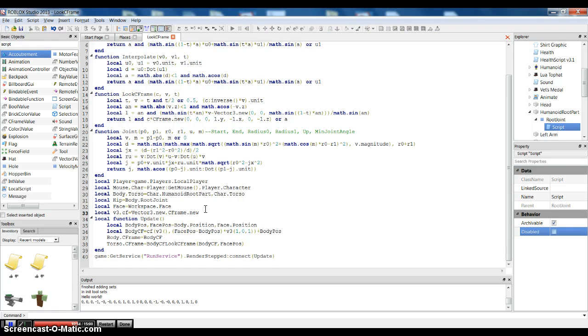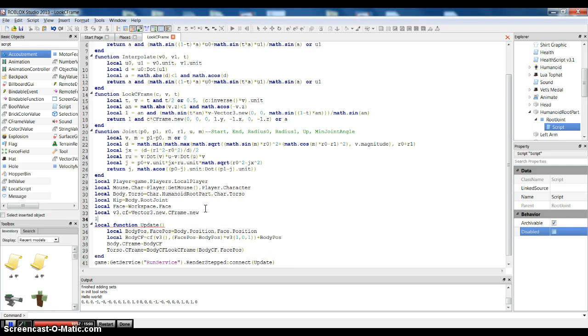Okay, so we're gonna have to set it to a new CFrame. We're gonna do hip.C1 equals CF. Wow, that took me a long time. Okay, and then we're gonna do hip.C0 equals